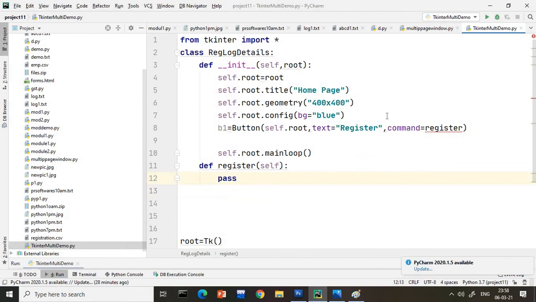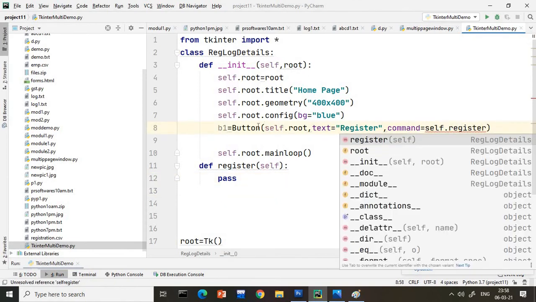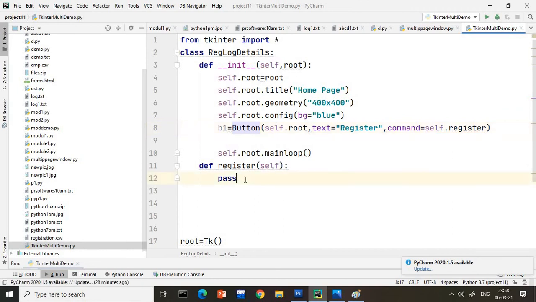I will write the logic into this one very soon. And for this method we have to write self, because always remember this is an object level method, and an object level method is called with respect to self. Now b1.place, and I want to give the x-axis. What is the meaning of x-axis?